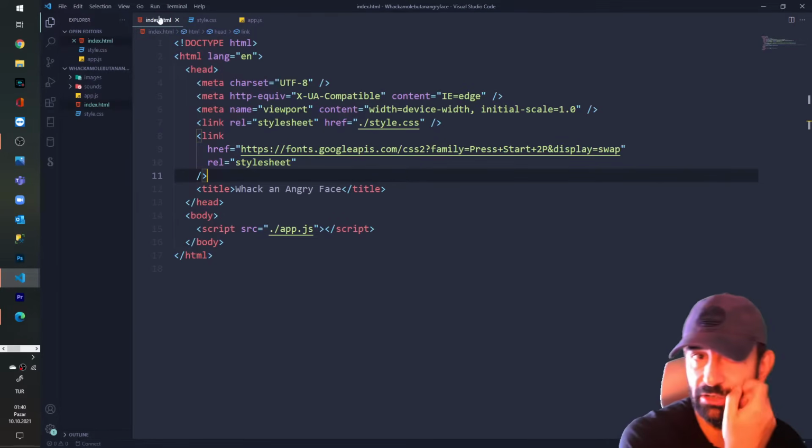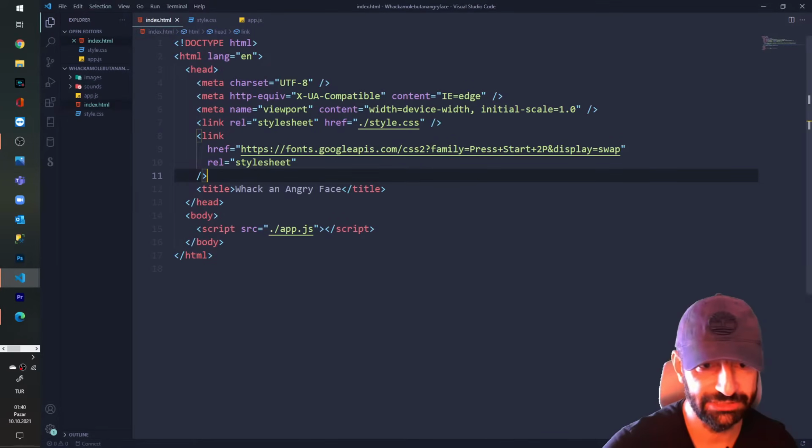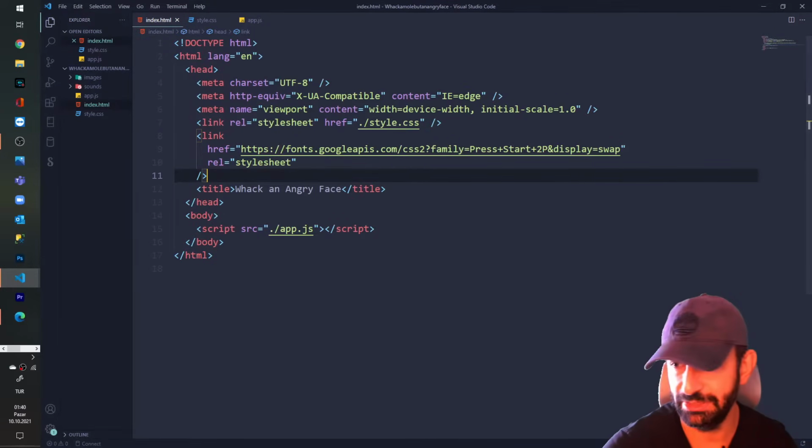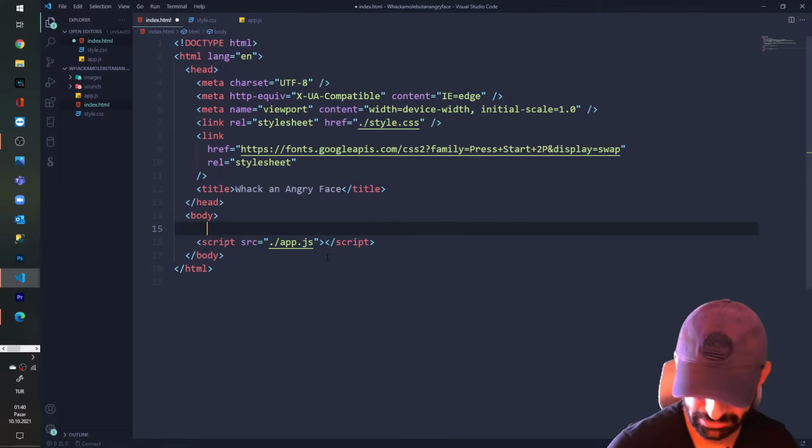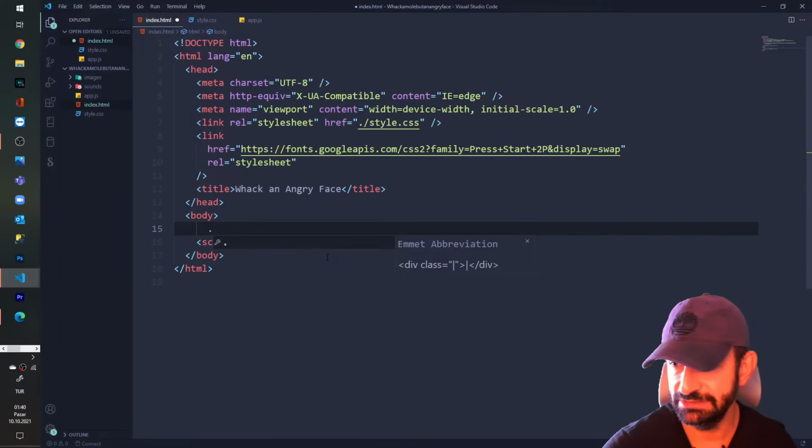Let's return to our index.html and add some markup here. Let me see what we've got here. We are inserting the score table.